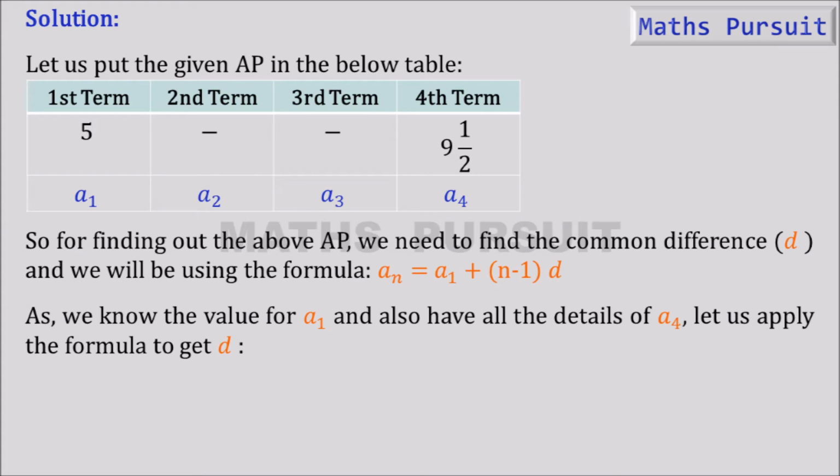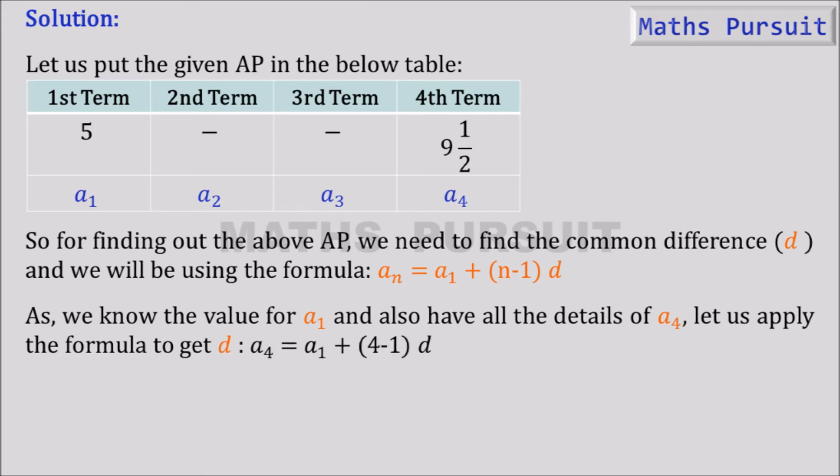Because here we directly cannot find out the common difference D because we don't see here any consecutive numbers. So it would be difficult to find out the D using consecutive numbers because there are no consecutive numbers here. So just we will be using that above formula, and with the value of A1 we will try to find out. So let's see how we are doing that.